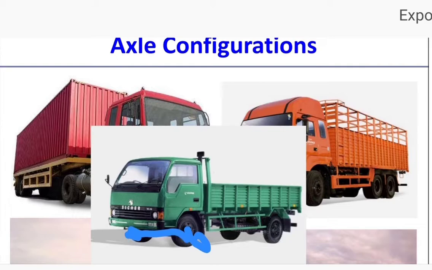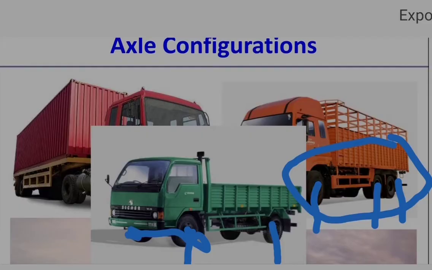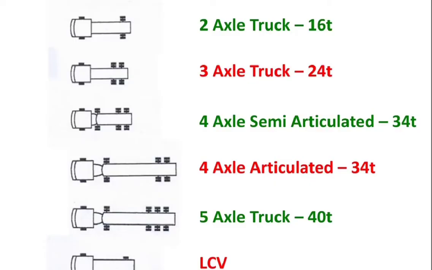single axle inside. So similarly, how to identify the number of axles from side view, if we are observing the number of wheels, what we see here is 1, 2 and 3. So this is a 3 axle truck. So this is 1 and 2. This is a 2 axle truck, right? And load configuration we will be seeing here: a 2 axle truck can carry up to 16 tons, a 3 axle truck 24 tons.